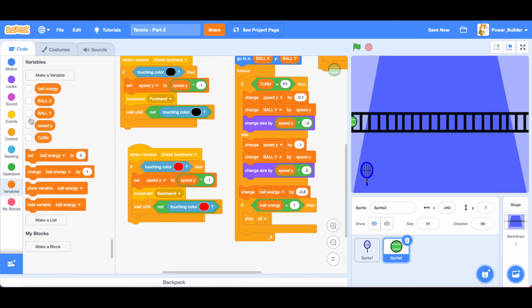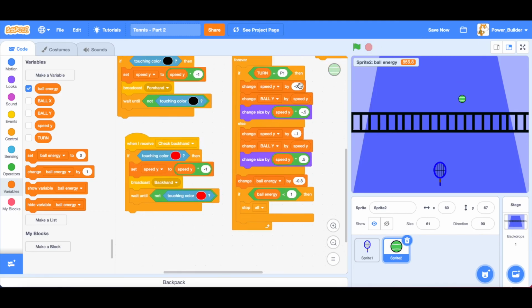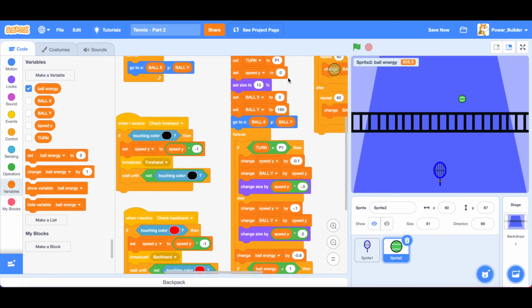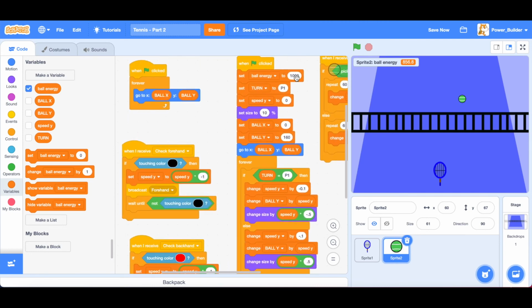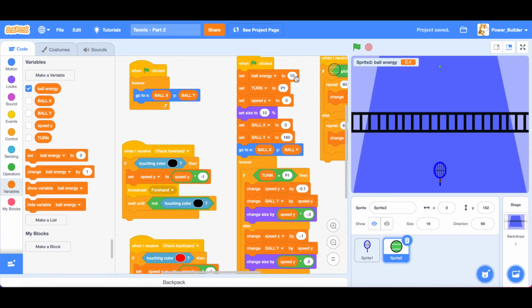Let's just have a look at the ball energy variable. It's decreasing. To make life easy to check if that's working, set ball energy to 10. Yep, it works. So let's just set it back to 1000.